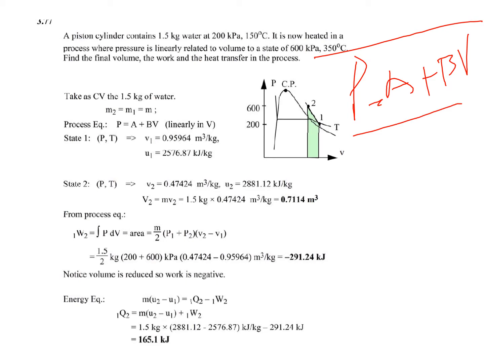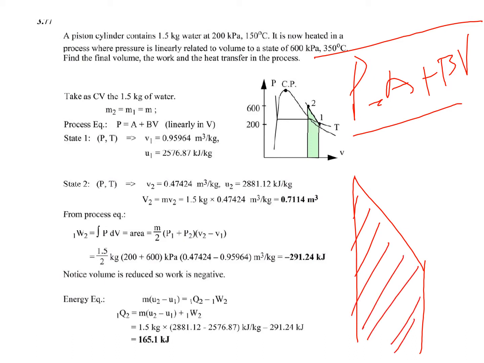Now, since it is linear, we know that it must be a straight line, and the area under the straight line can be calculated either by integrating or by geometrically solving the problem and finding the area under the curve. That is our trapezoid, and the area of a trapezoid is equal to half of the base into the perpendicular. So if this is the base,